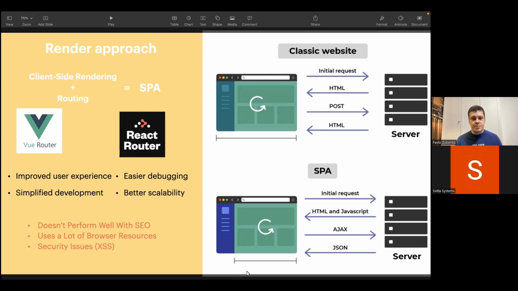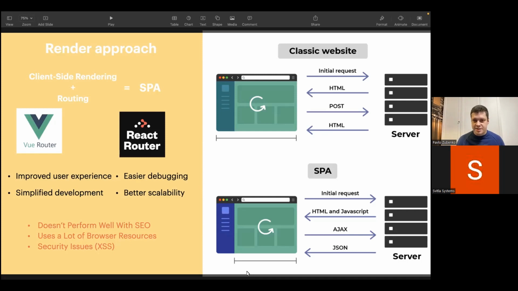So this kind of development pattern became more and more popular. It's much easier to scale your application. But for your base framework, like Vue or React, for example, you need to add a small library.